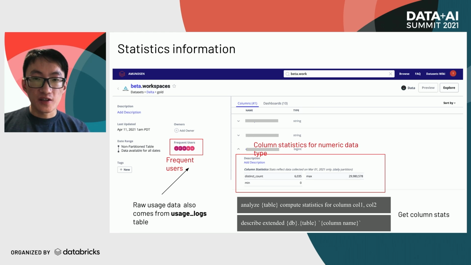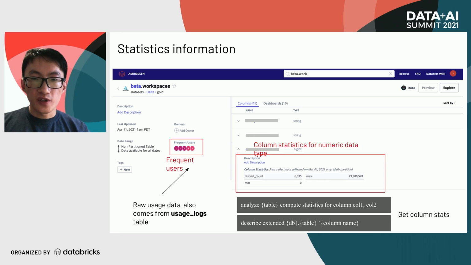However, since we need to scan the whole table or at least all the rows for specific columns to get the final result, the query itself is time-consuming. This becomes intolerable, especially when we have a large number of tables. One mitigation here is to pre-compute these stats in Delta Lake so that we can extract the information directly without computing on demand.